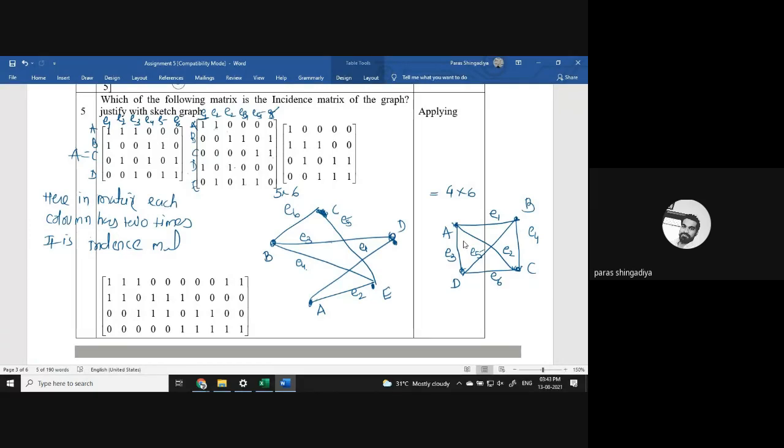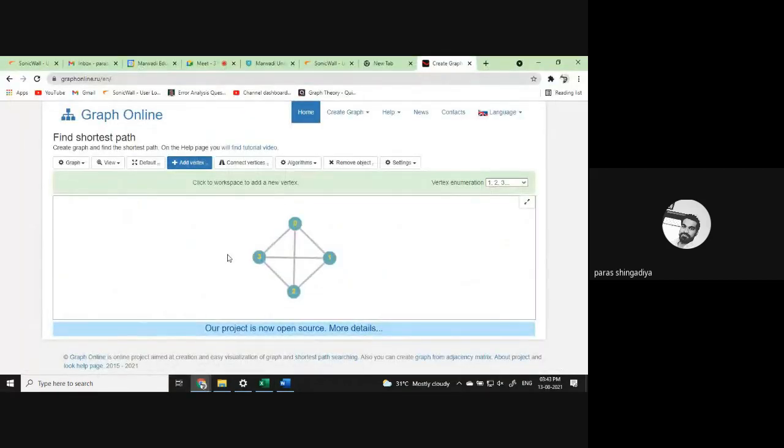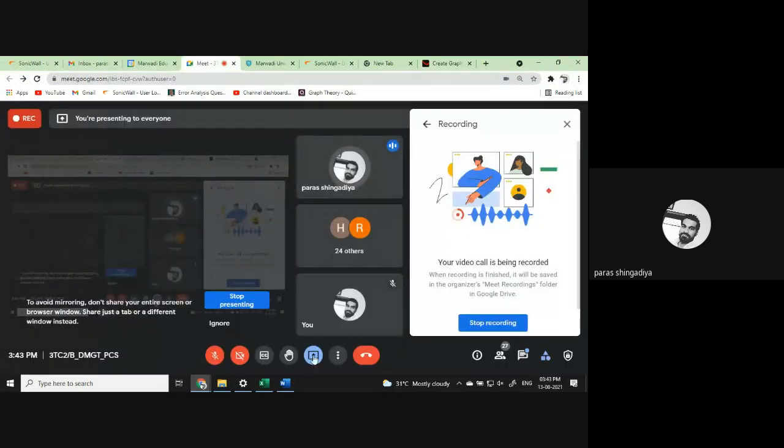So practice some more examples. If you have any doubt, just add some more matrices here, which should be incidence matrices, and then try to connect them. Clear? As per the order, consider the first order, and based on that we can check the number of vertices and the number of edges. Clear? So add some more graphs here, more matrices. Here we'll stop, and we'll discuss the remaining questions in the next lab. All of you, please complete up to question number 6. Clear? We'll discuss any of your doubts in the next lab, otherwise in any of the lectures.